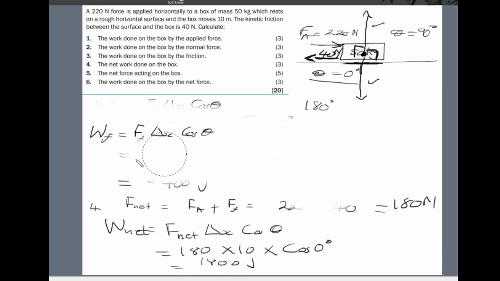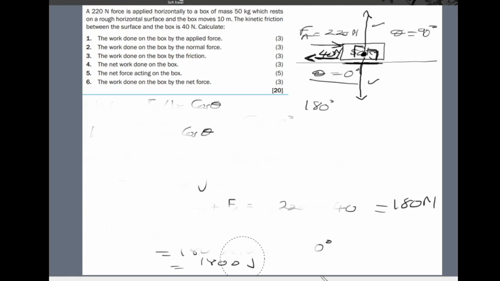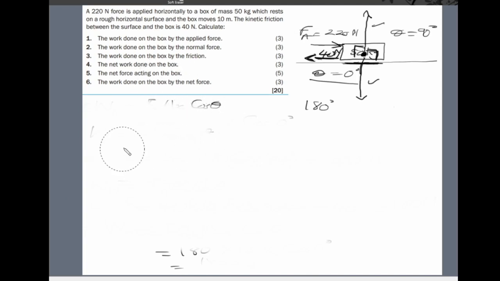Right? And then question 5, calculate the net force acting on the object and the work done by the net force. So questions 4, 5, 6 are sort of the same thing, because the way to calculate the net work, you can say oops,